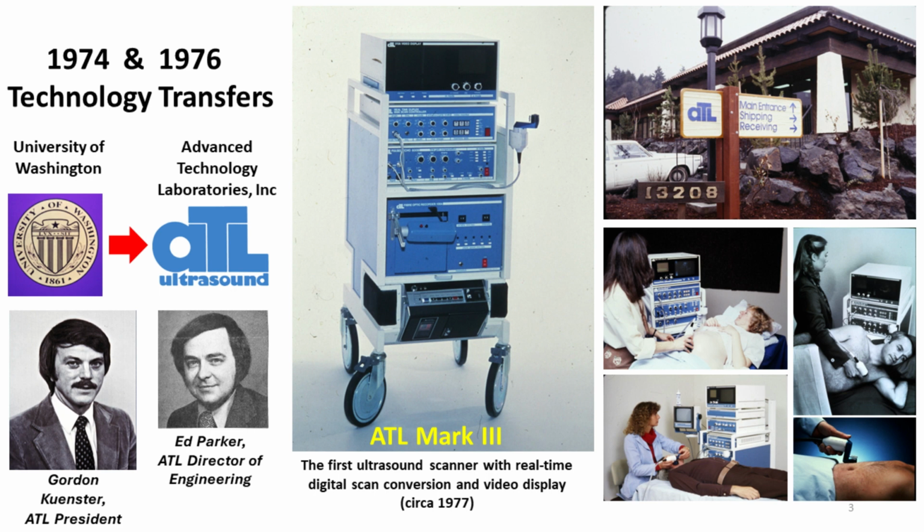partner. The university negotiated a technology transfer agreement with Advanced Technology Laboratories, a small engineering company with only a few dozen employees in Bellevue, Washington. The know-how gained from Baker's team allowed ATL engineers to significantly redesign and improve the mechanical ultrasound scanner and make